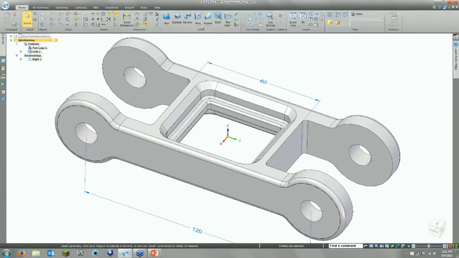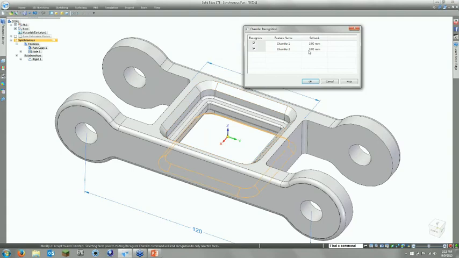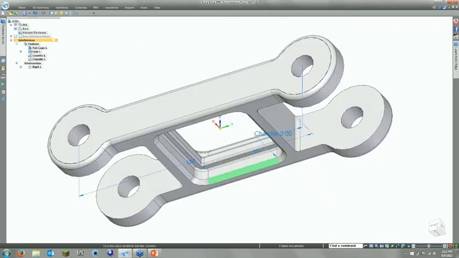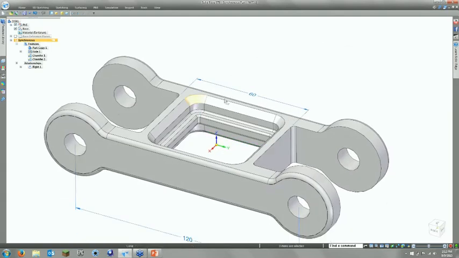Let's do the same thing for my chamfers. I can retrieve those, so I can recognize both chamfers. I know the one on the bottom, I can go ahead and make that 2 on the fly while I'm creating it. And let's go with that. All right, there we go. So I got my chamfer on the bottom. Now you notice I actually have the dimension value. And I was going to get rid of this top